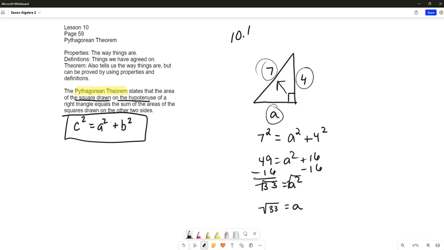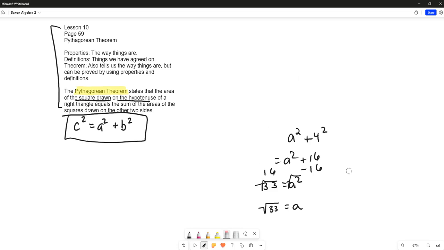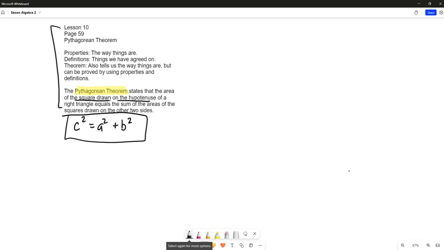All right, let's look at example 10.2. Make sure you've written all this stuff down. I'll leave it up for one more example in case you haven't gotten it written down. All right. Use the Pythagorean theorem to find the distance between 4, 2 and